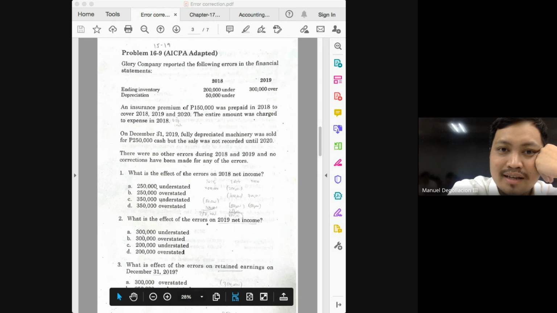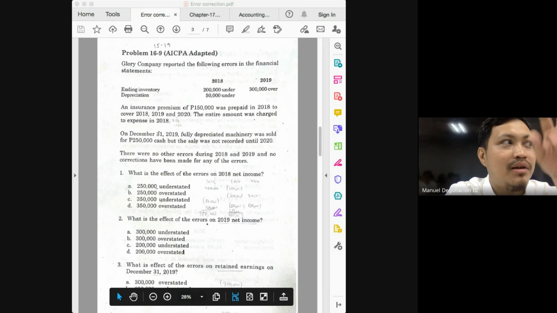Was it overstated, class? Ending inventory is understated, cost of goods sold is understated, so net income must be overstated. And this is the second thing students would try to memorize. The relationship between beginning inventory and net income is inverse. So if the beginning inventory is understated, that means net income would be overstated.